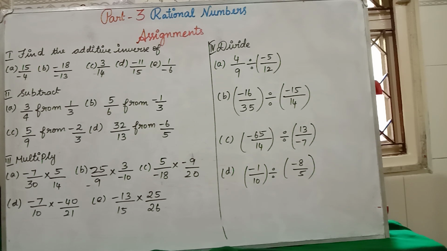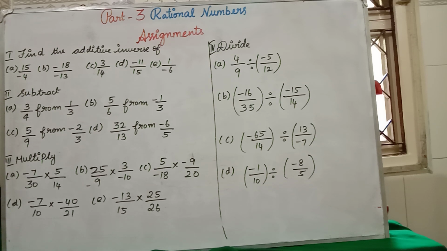If you see your first subdivision, find the additive inverse. What I told, additive inverse means if the given number is negative, you have to write the answer as positive. If the given number is positive, you have to write the answer as negative. So if you see here, both are minus. Minus minus means what? You have to cancel the minus. Then what is our question? 18 divided by 13 is our question. After that only you have to change it into additive inverse. If you see this additive inverse video, you will be clear.